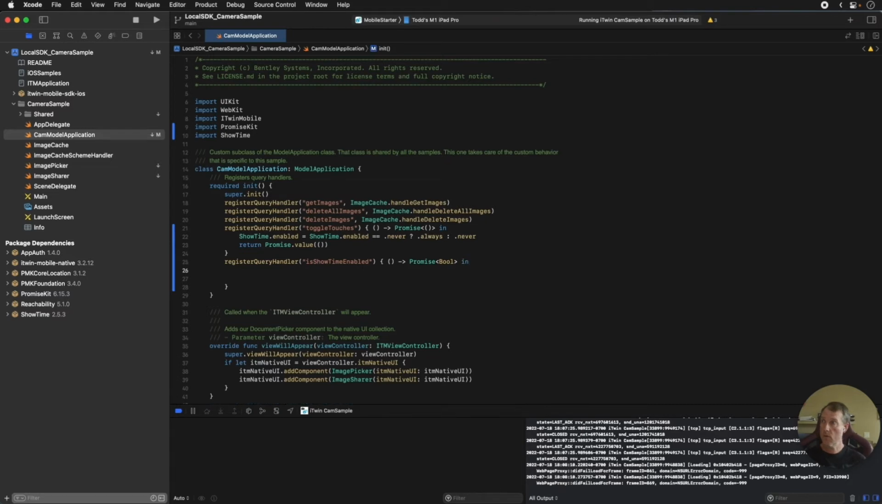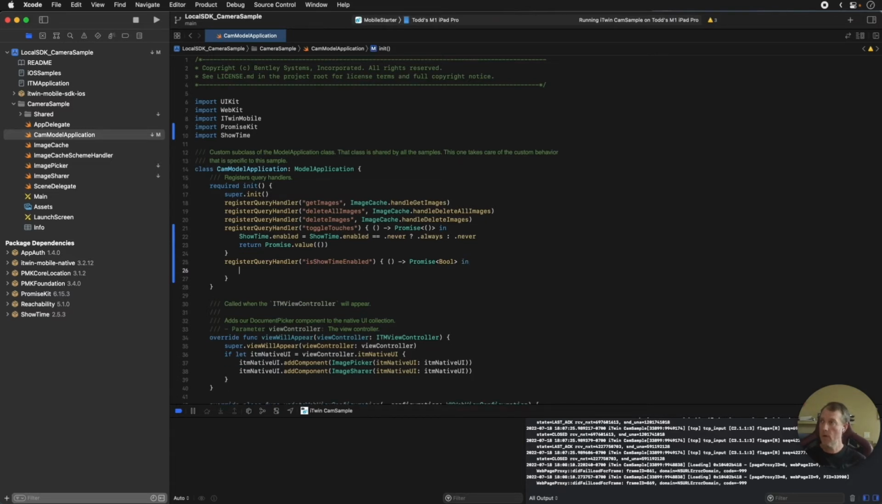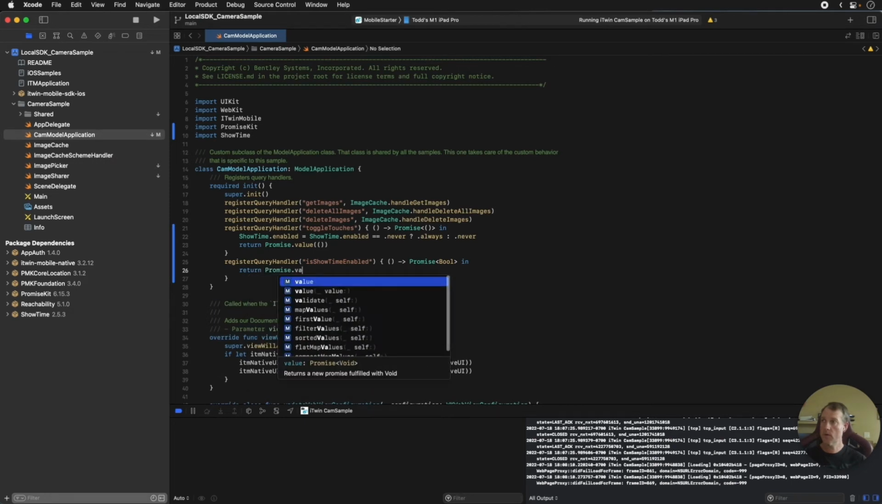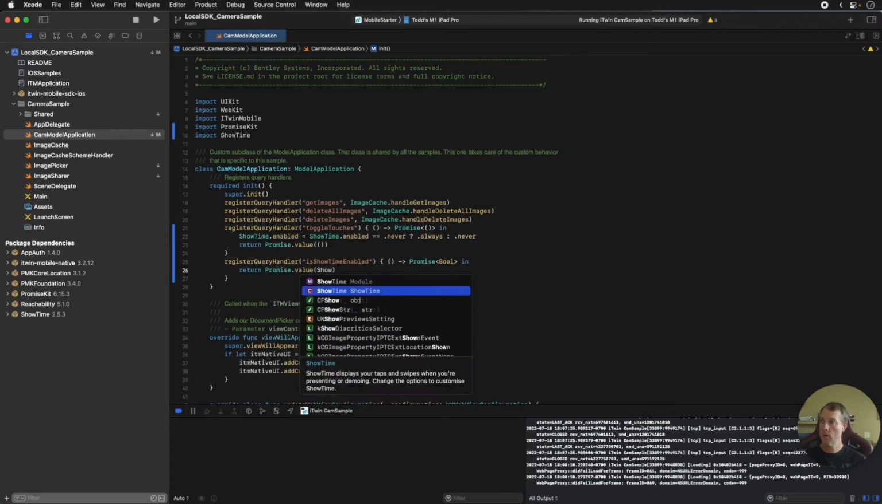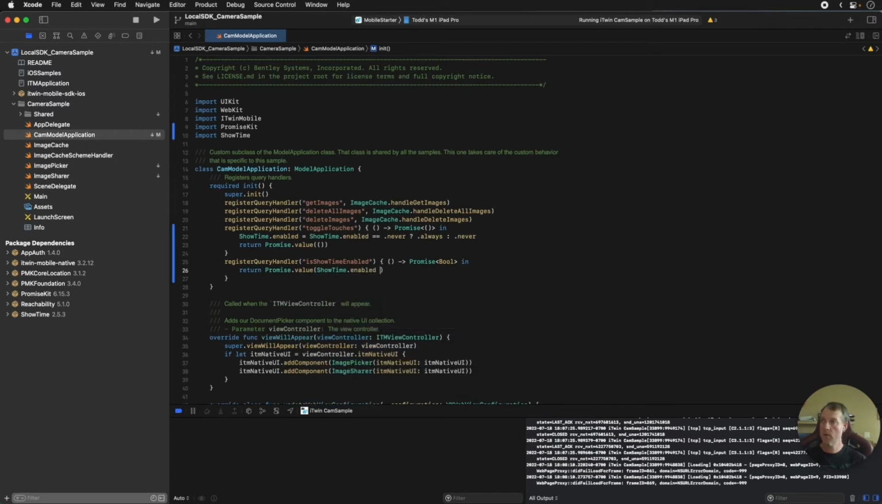That just be in. There we go. So we're going to actually just return promise.value, and we're going to return whether or not showtime is enabled. So we can say showtime.enabled equals .always. Okay, so that will be a Boolean that will return. So now if I hit save there and hit run,